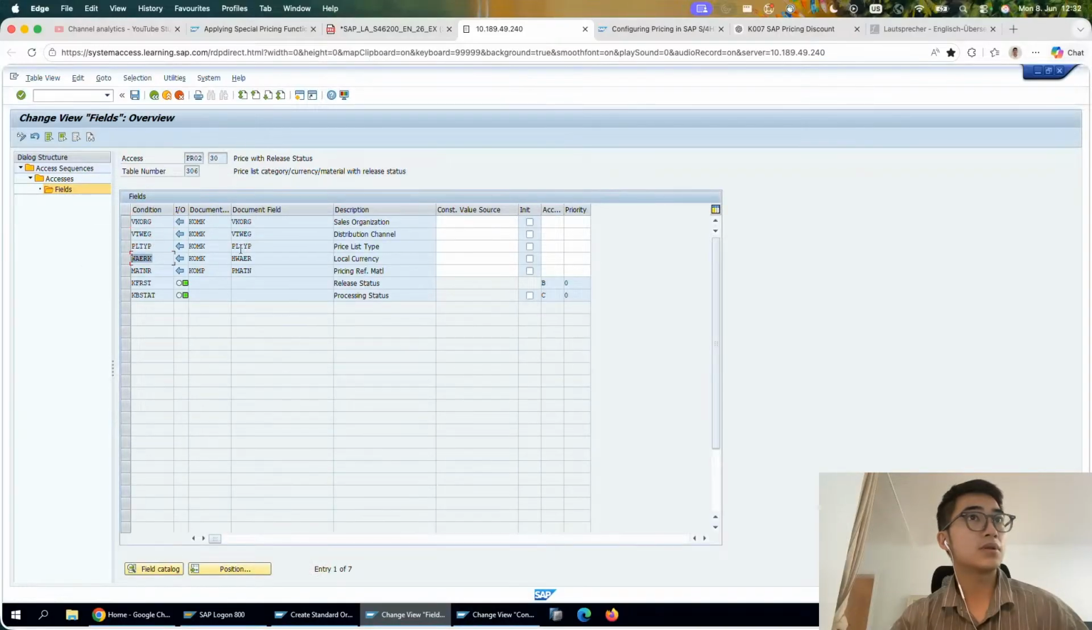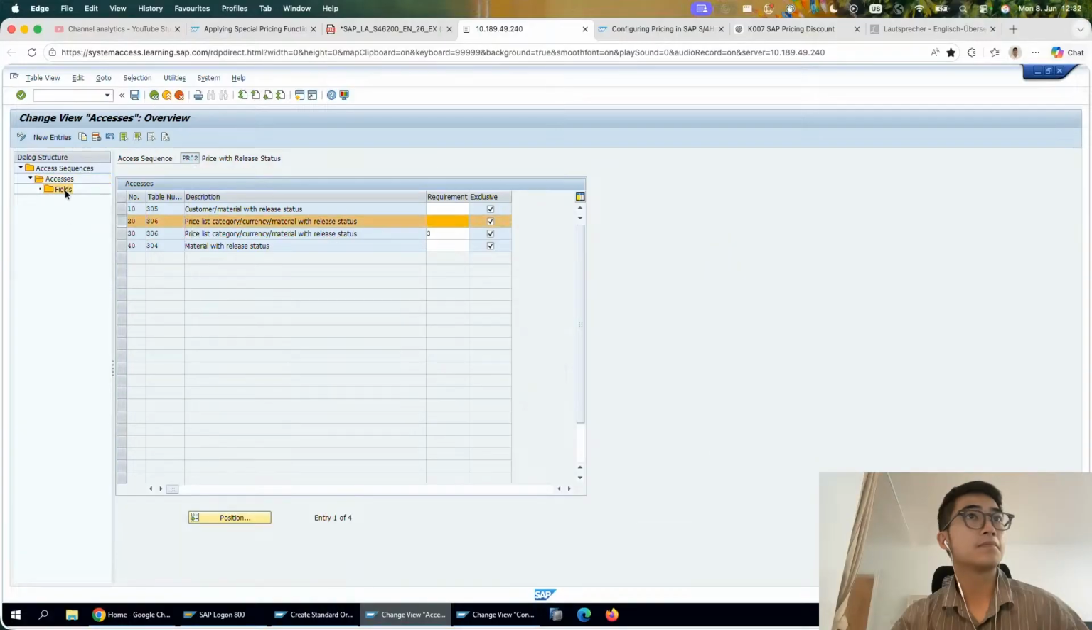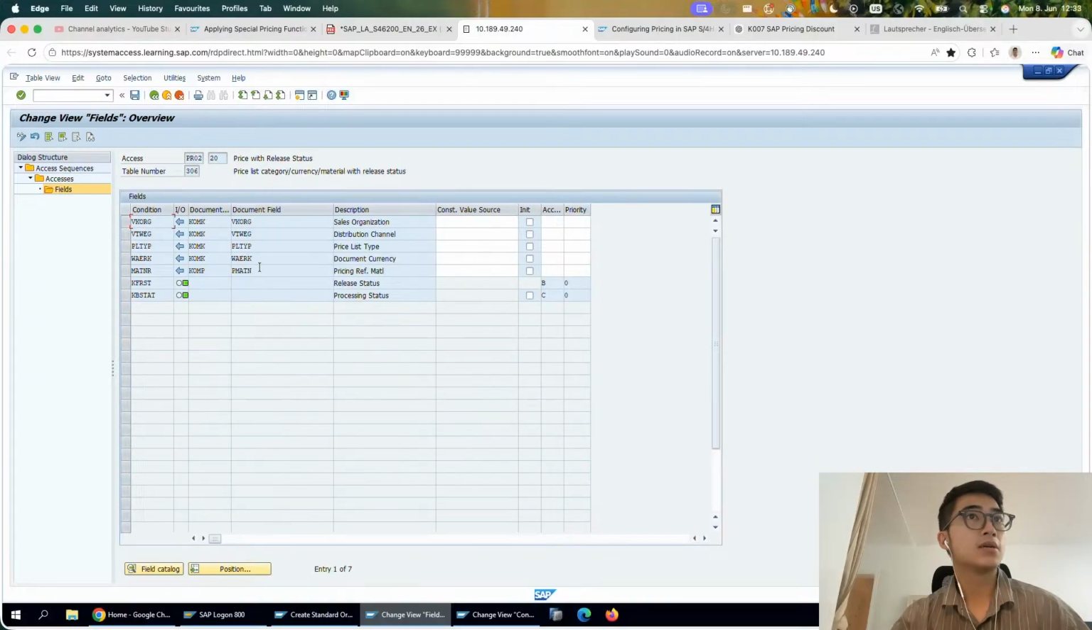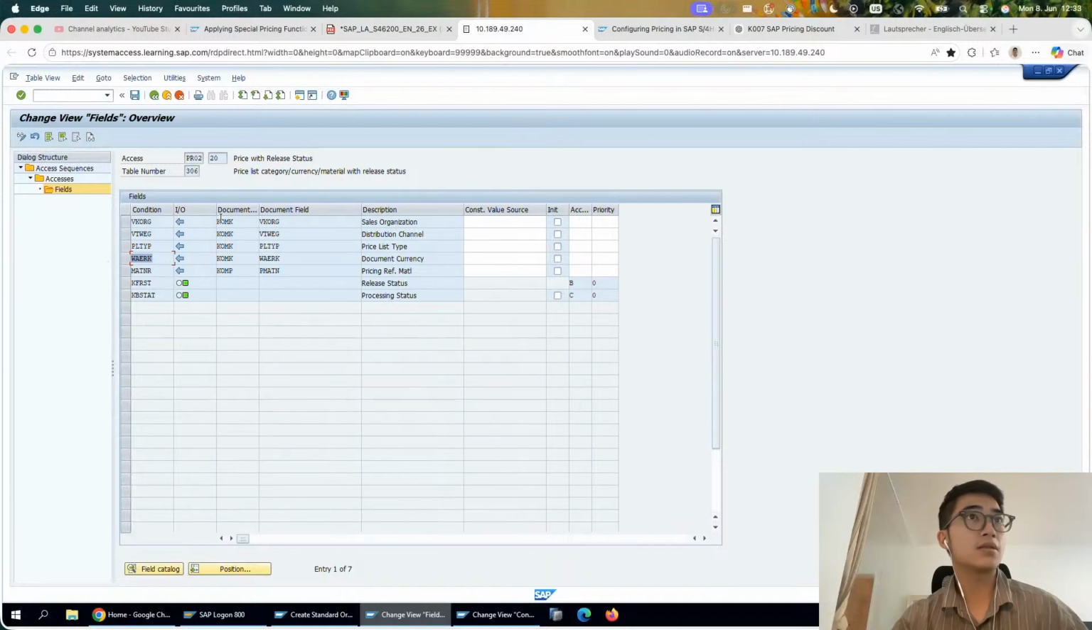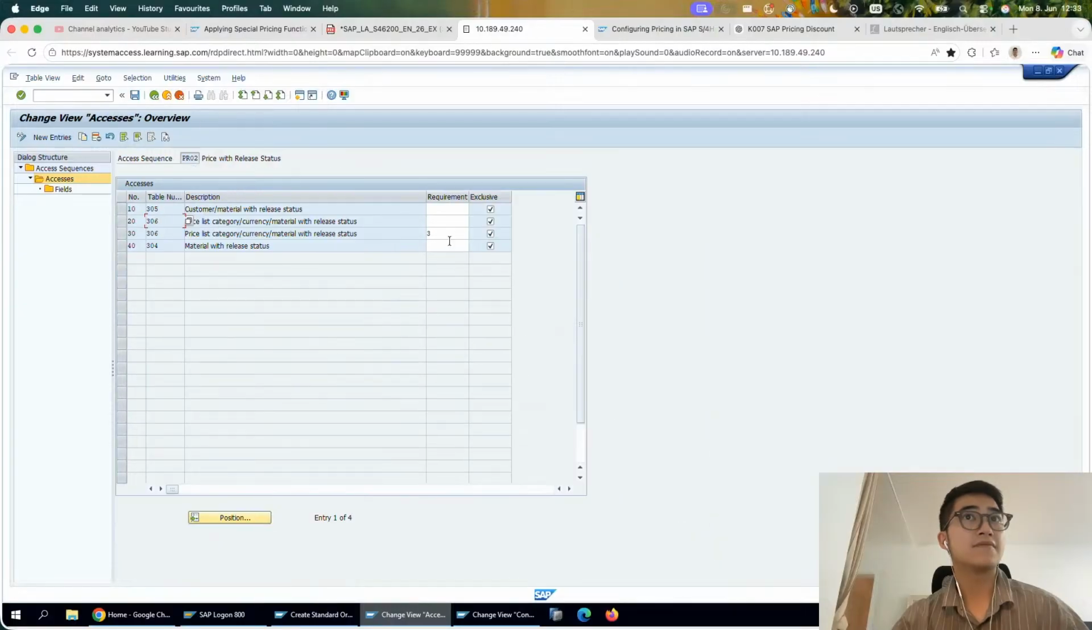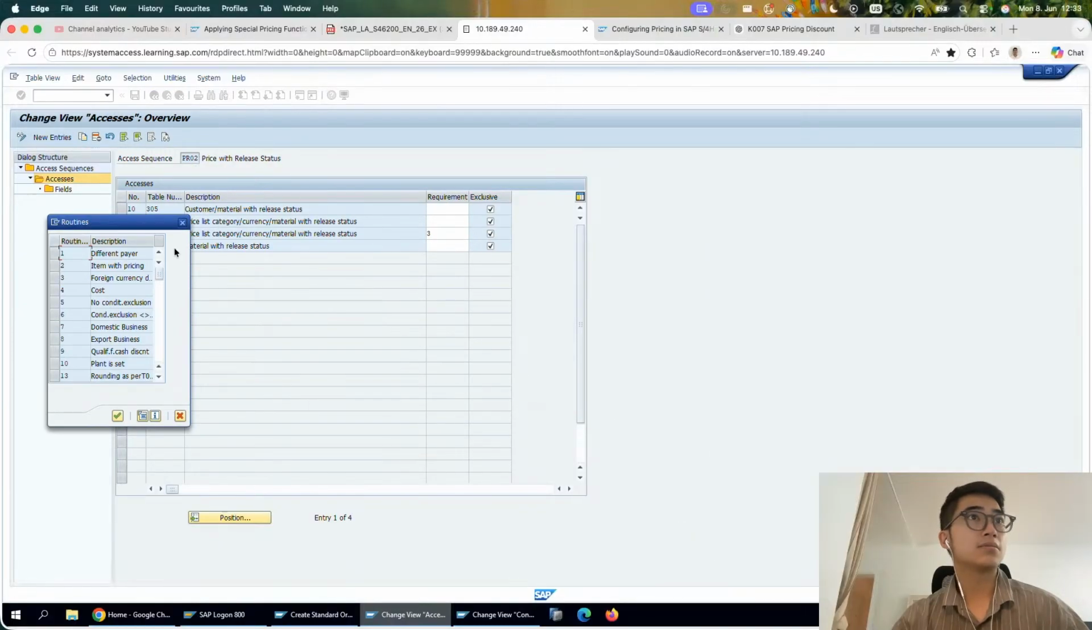Yeah, I think they still use this. The document field, which is HVAER, the local currency, instead of the document currency. Okay, so this is a difference. Even though it's the same table, it doesn't mean that the fields being used are the same. But since they have different requirements,